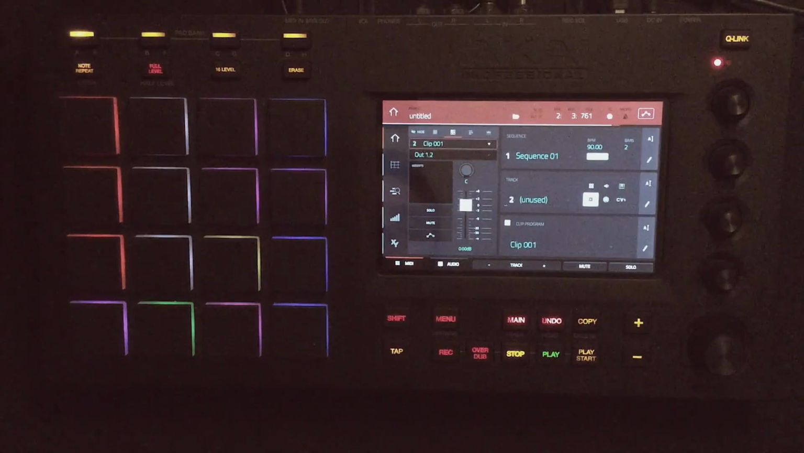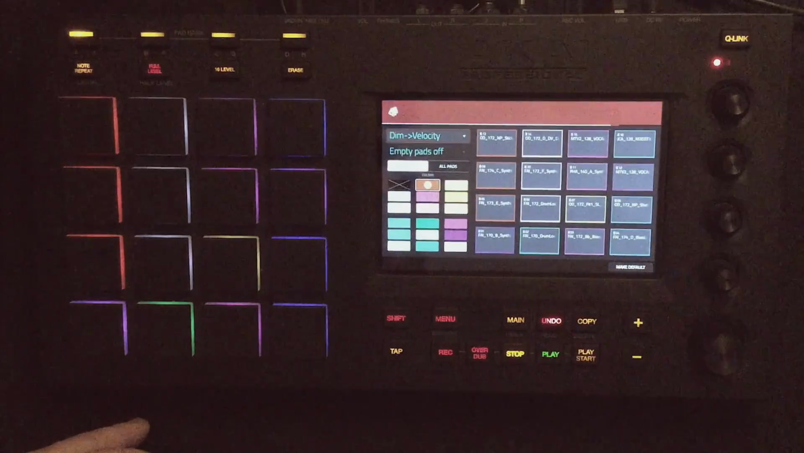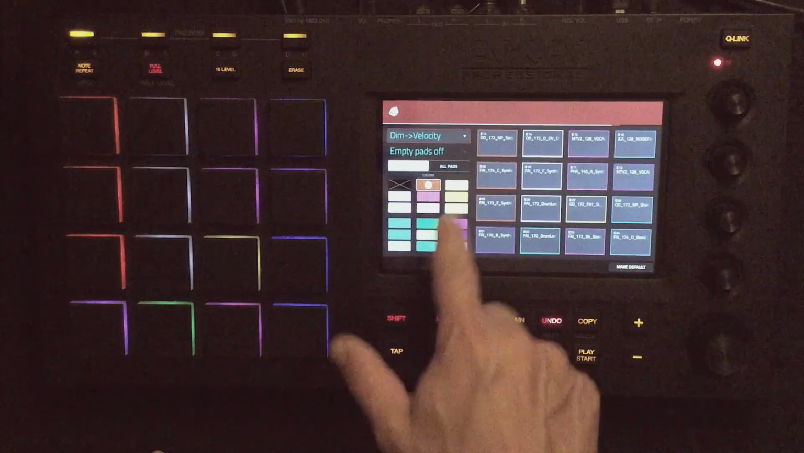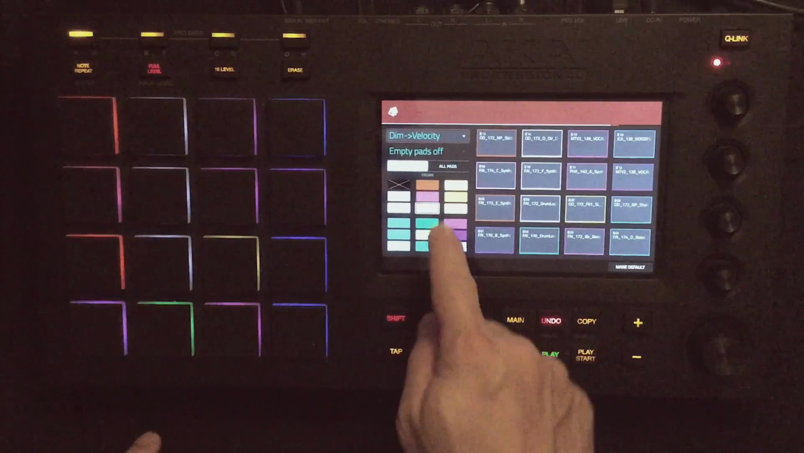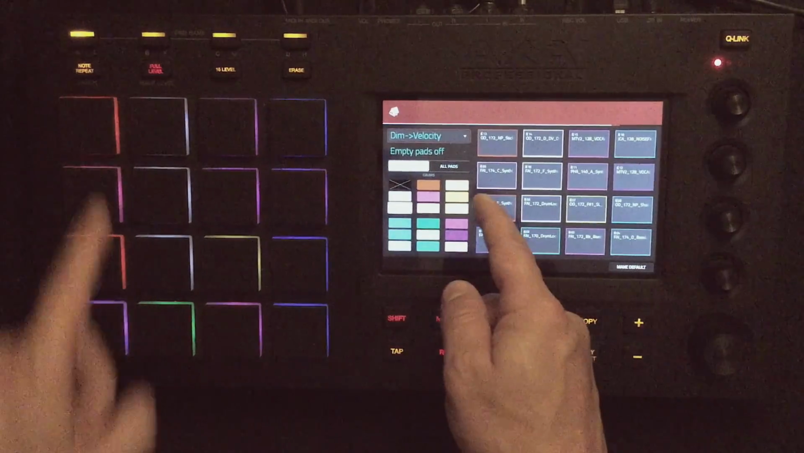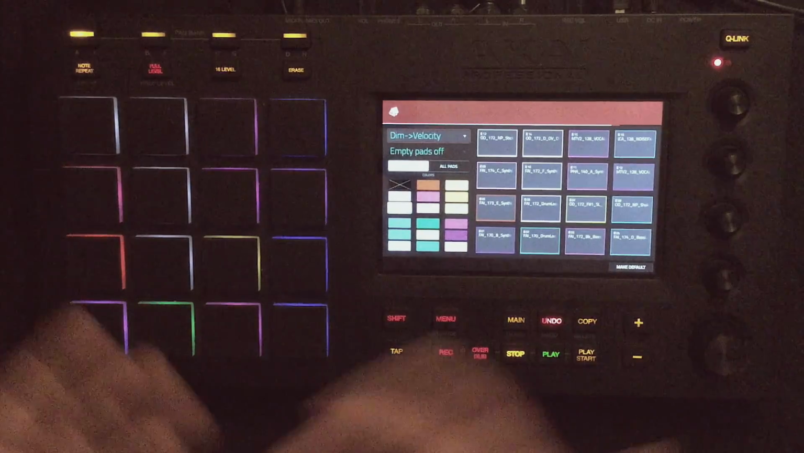So I think I've covered almost everything. There's also, if you want to change the colors of the pad, it's obvious you can do that. You just choose the color that you want to assign and touch the pad, and it changes the color. So choose the color, touch the pad, it changes the color. Pretty easy. It's really easy to work with